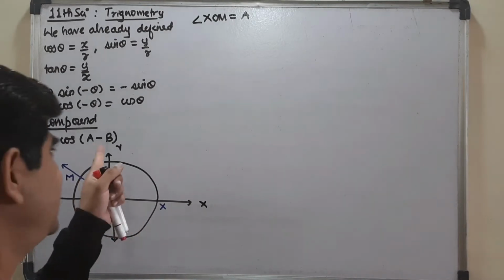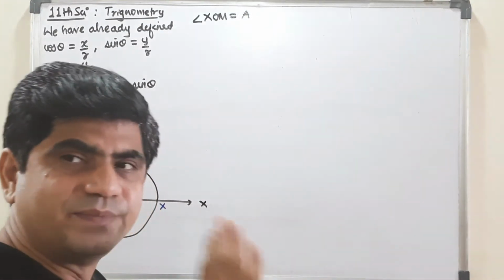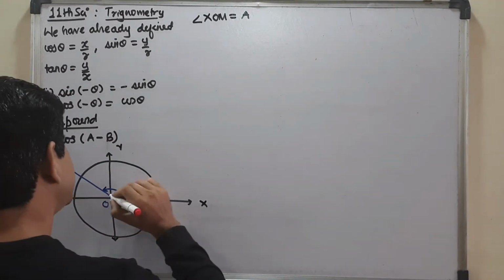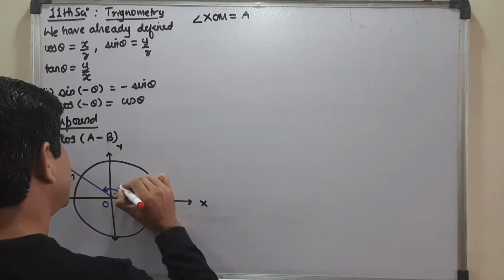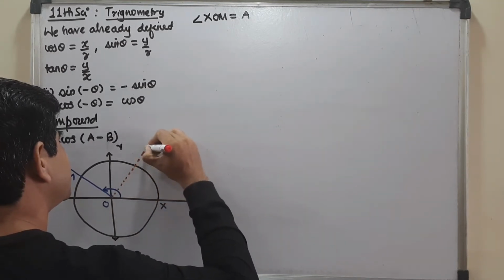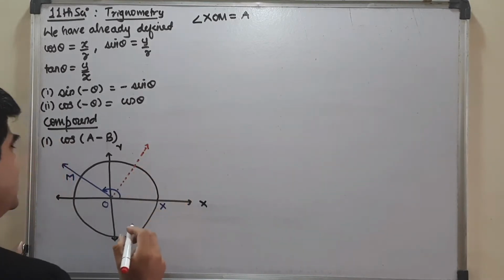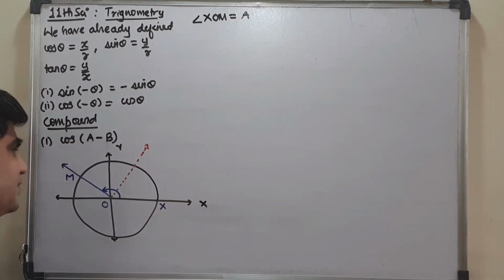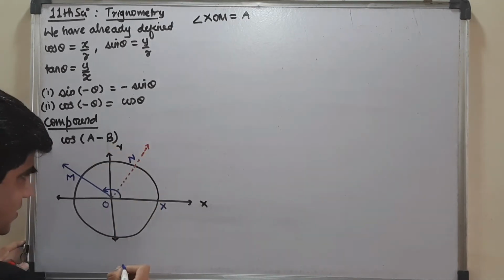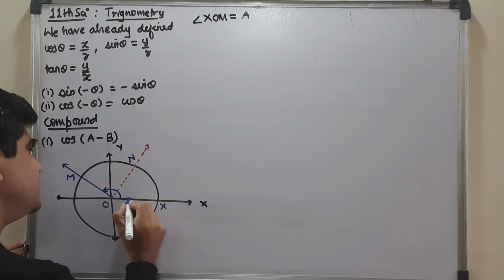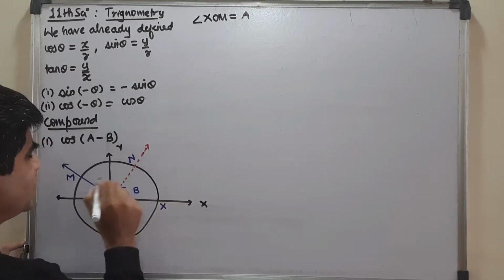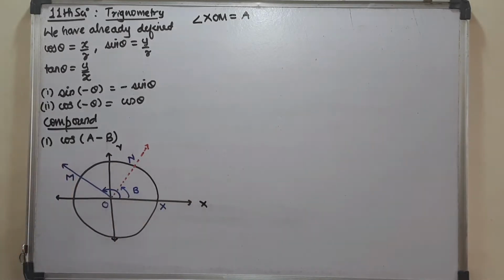And thinking that B is of less measure, I am taking that angle B somewhere over here, but as I want it to be a little bit less in measure, I took it here. Okay, and let me name it as N. And this measure I am taking as B. So this is understood that this is your A.